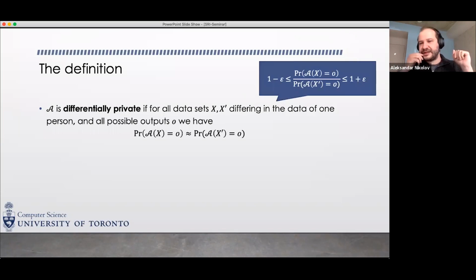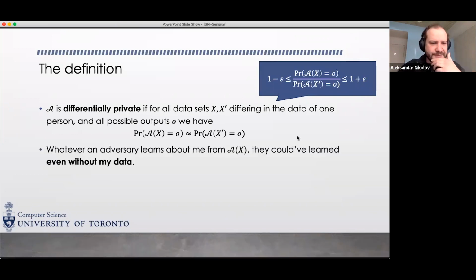Okay, it's a slightly more mathematical definition, which those who've seen differential privacy before will see is a bit different from the usual definition. It's morally the same. Basically, you want the ratio of these two likelihoods, these two probabilities, in these two alternative worlds to be close to 1. Okay, so almost the same likelihood in these two cases. What this means,